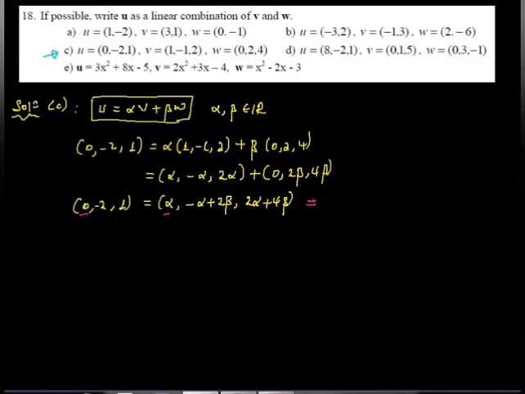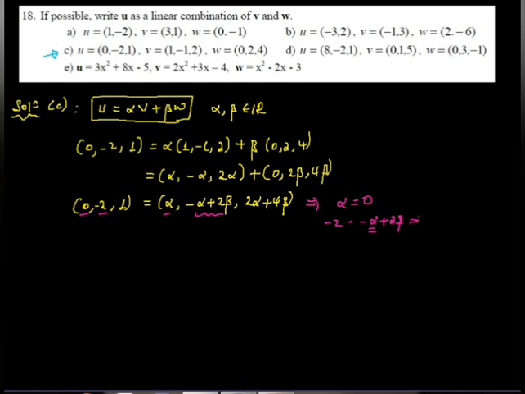Okay, alpha is 0 and -alpha plus 2 beta ከ-2 ጋር እኩል ይሆናል። -2 is equal to -alpha plus 2 beta. Okay, alpha already 0 ነው።